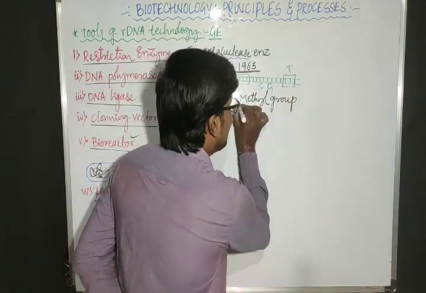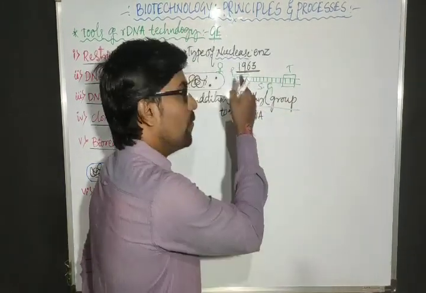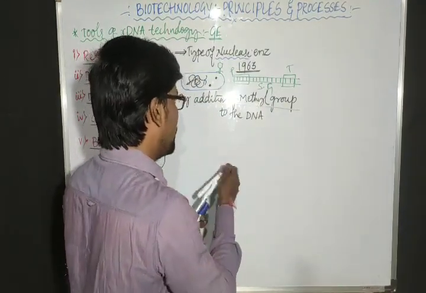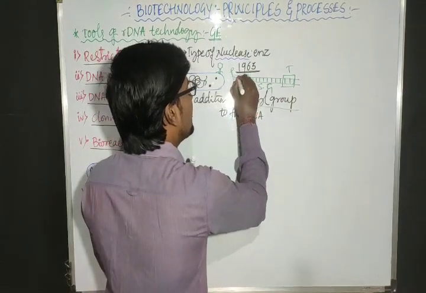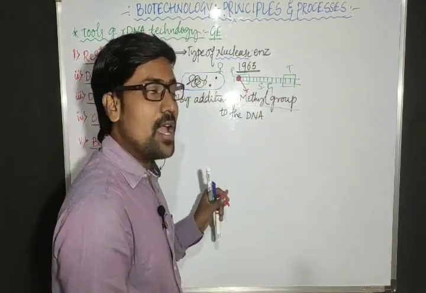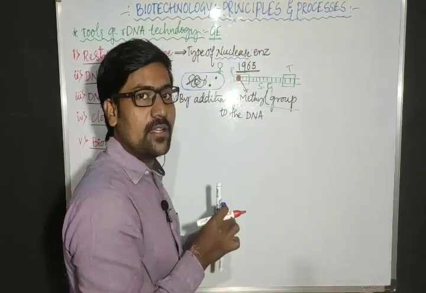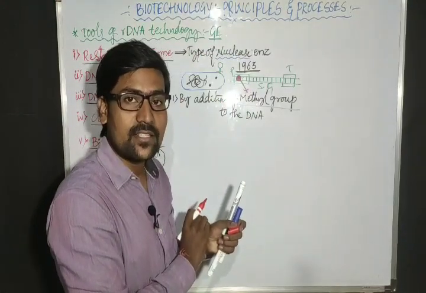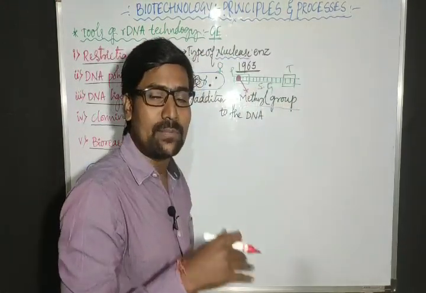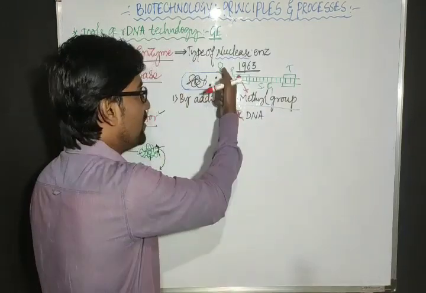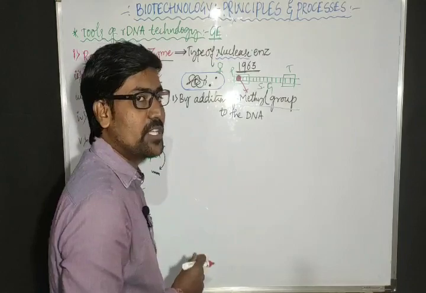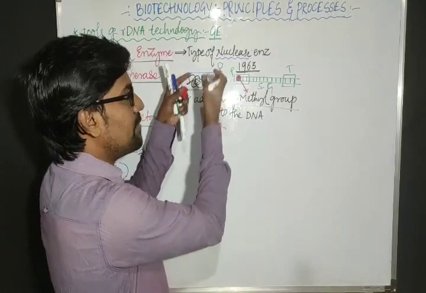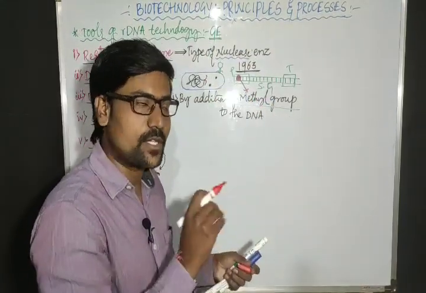But when a methyl group is added, that methyl group will attach at the promoter region. Which group? Methyl group. After attachment of methyl group here, DNA dependent RNA polymerase enzyme will not attach here. Hence, that gene will not work. That means the DNA will not work. Hence, growth of this DNA or growth of this bacteriophage is restricted. So this is one type of enzyme they observed. Because of this enzyme, that bacteriophage will not grow, they observed.